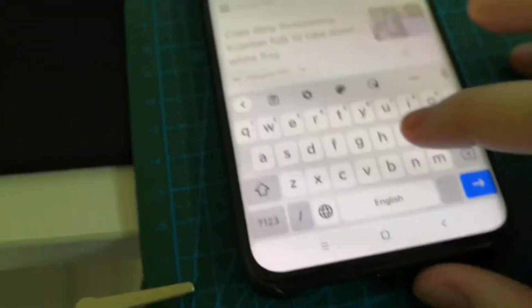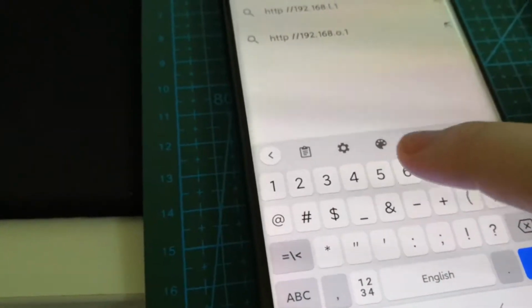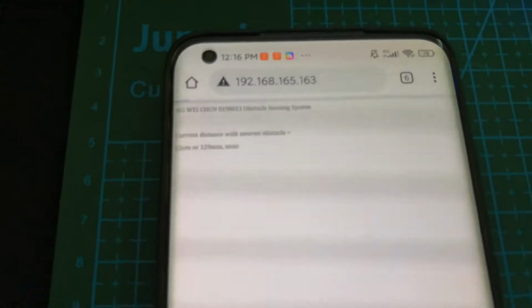Okay, so I will type it in right now. http://192.168.165.163. Okay, so this is the URL. As you can see, it's the same right here. So when I enter the URL, here you see some content.